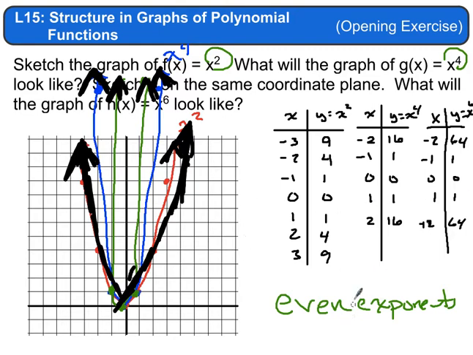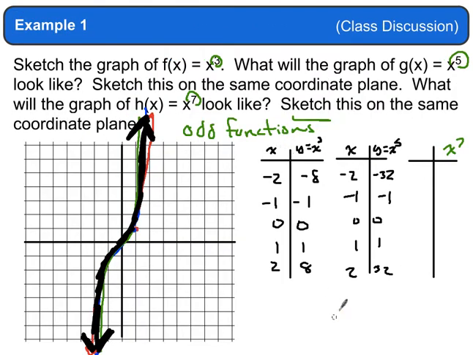Even functions tend to have their endpoints go up in both directions, or vice versa, they could both go down. Whereas in an odd function, you got one side going up and one side going down. And this could also be the other direction as well, but they kind of have this different design in their